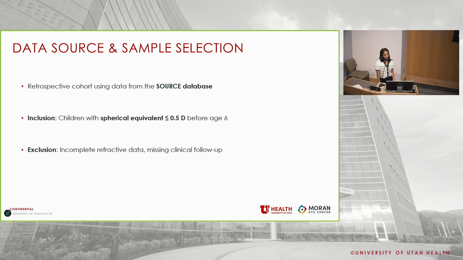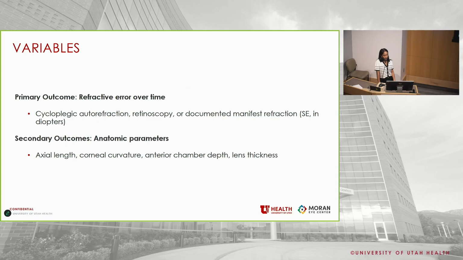Basically spherical equivalent of less than or equal to half diopters before age 6. And it would be really helpful for these kids to also have pretty good follow-up as well as biometric data. And the idea is to get both depth and breadth without sacrificing data quality. So for our variables, primary outcome is going to be refractive error over time, but the magic hopefully is in